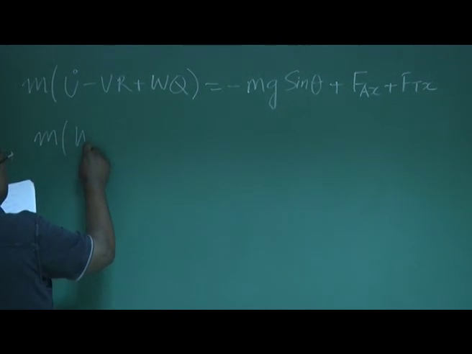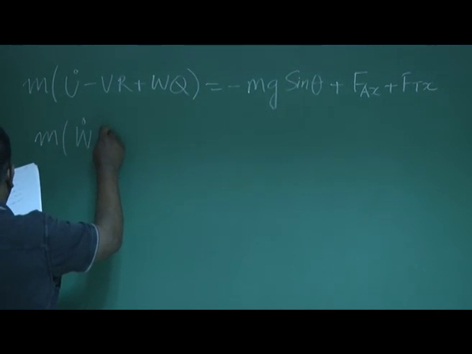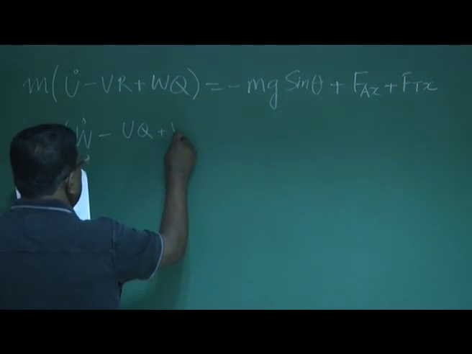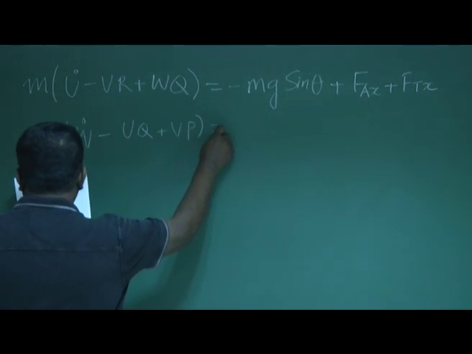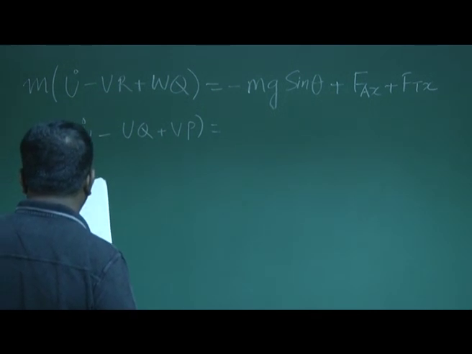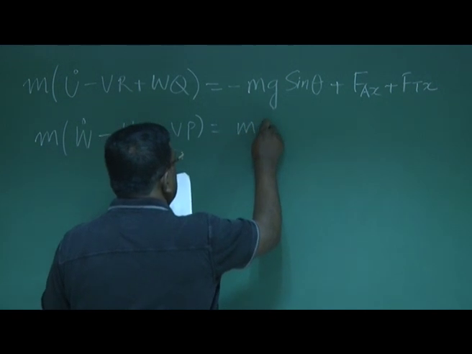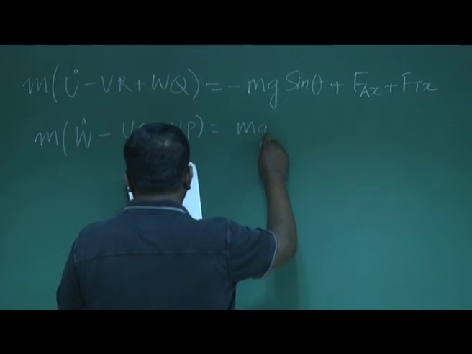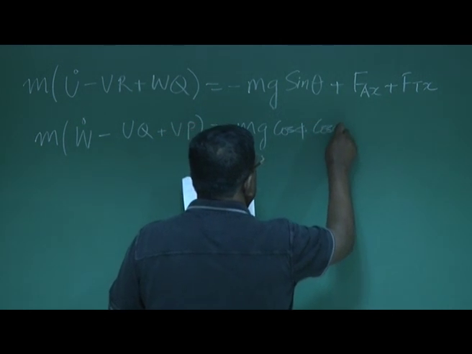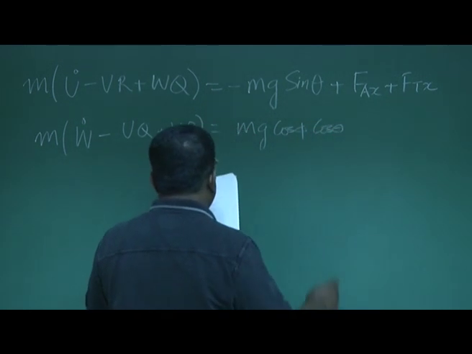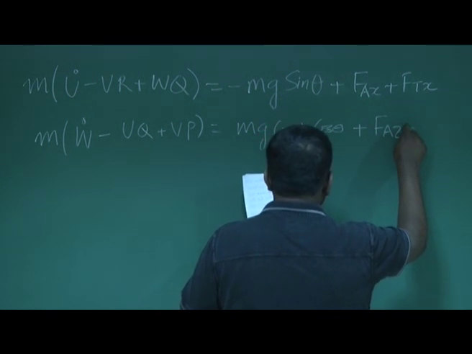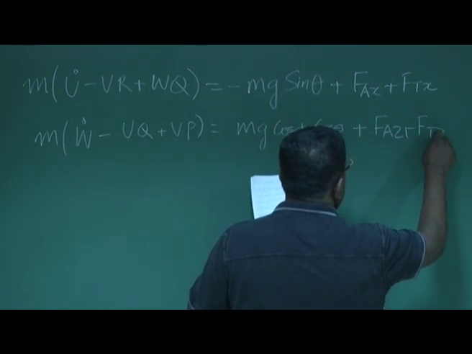Let me write this equation: m (w dot minus uq plus vp) is equal to mg cos phi cos theta plus FAZ plus FTZ,